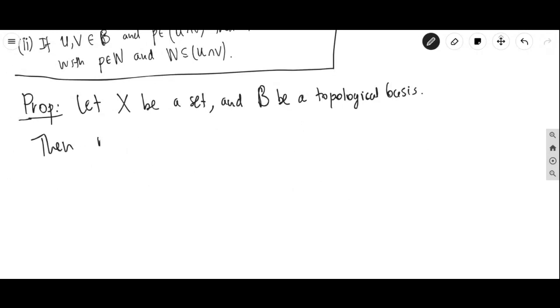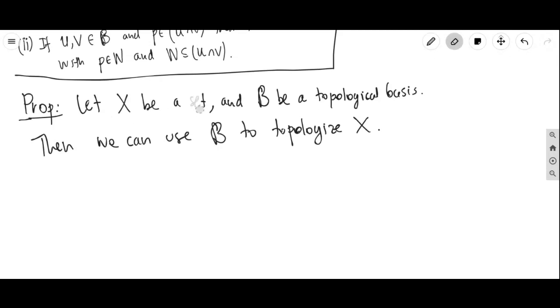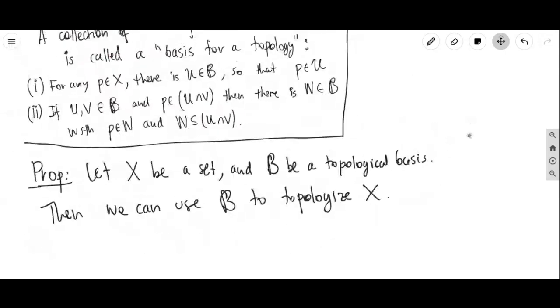Then we can use the basis to topologize X. At the moment, we're not saying that X is a topological space. We start with a set, then we form this thing called the basis, and we're going to use the basis to create a topology. The way you do it is exactly the way you do it in a